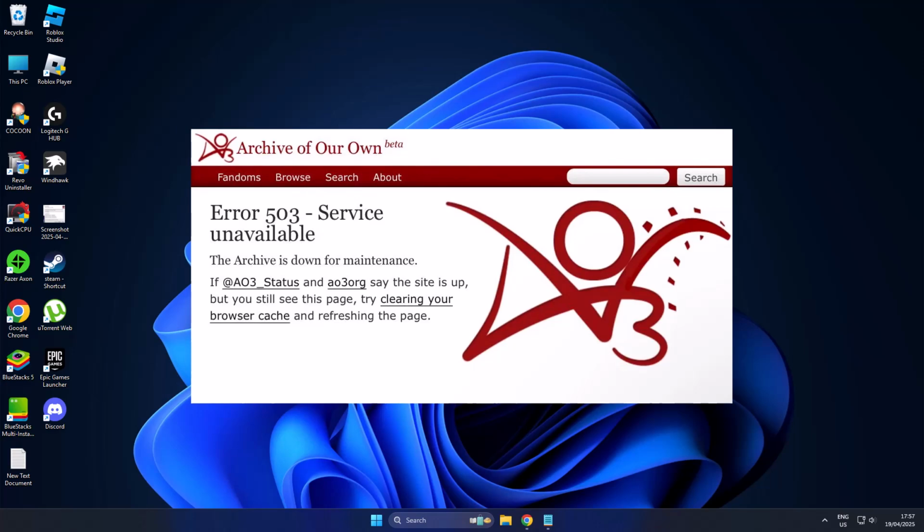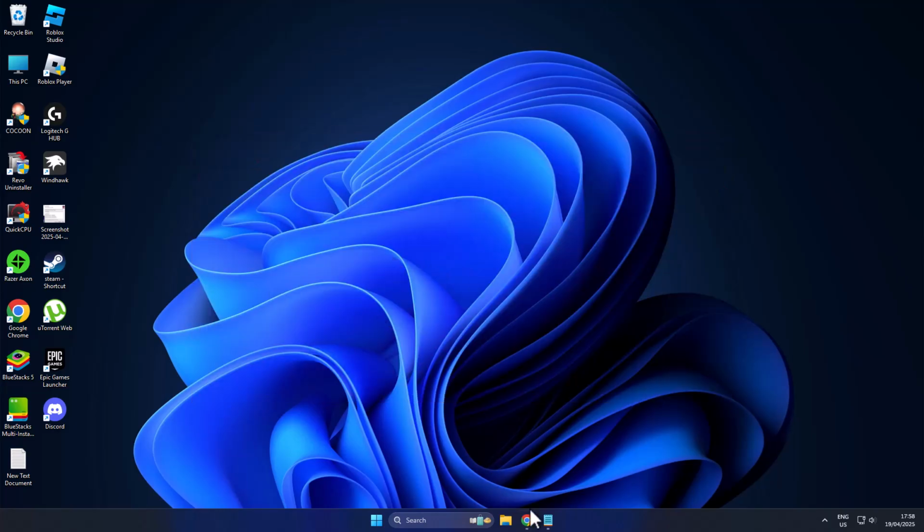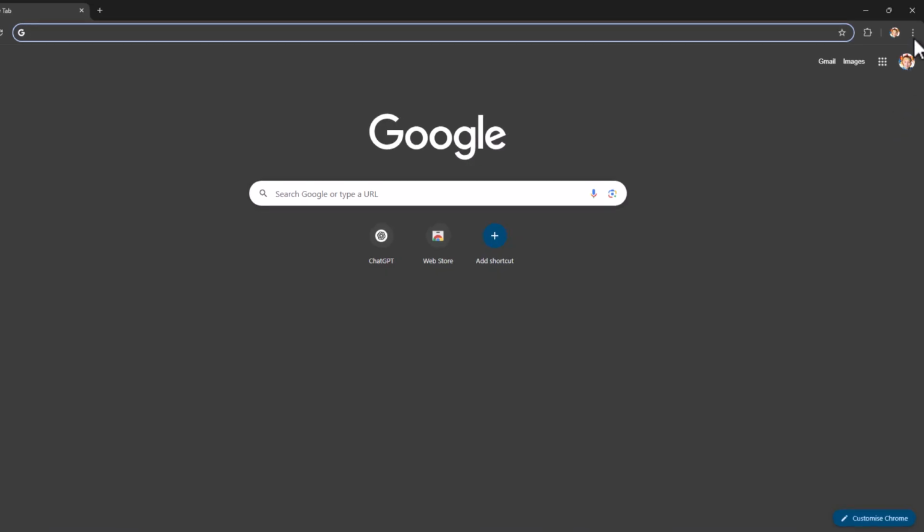Today we are going to see how to fix the Archive of Our Own error code 503 service unavailable. Let's fix it, guys. Method 1: you just need to open up Chrome and click on the three dot icon